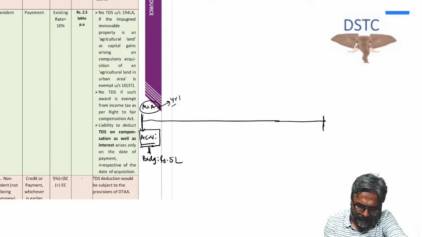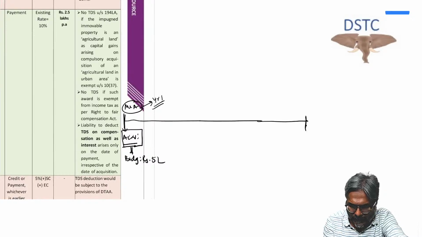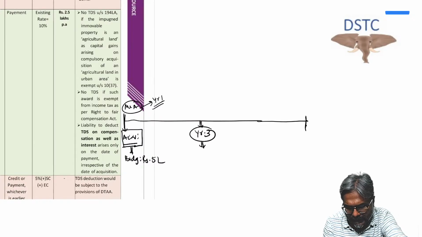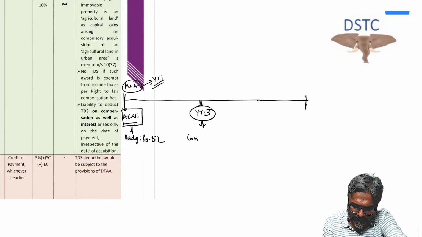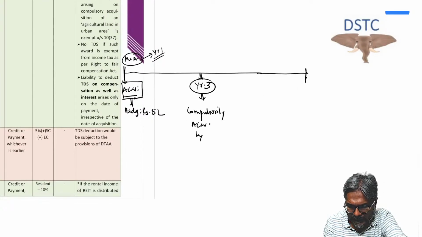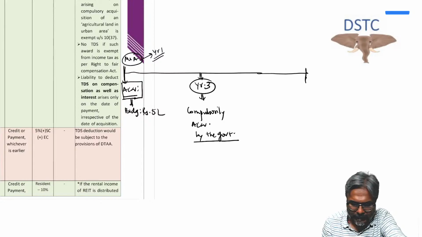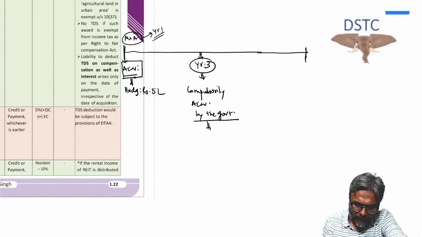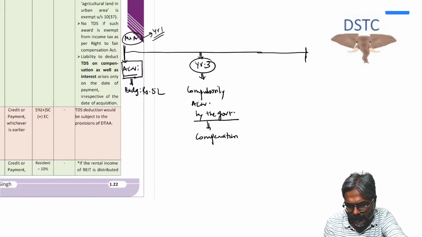This is year 1. Now in year 3, this was compulsorily acquired by the government. Now compensation of rupees 20 lakhs